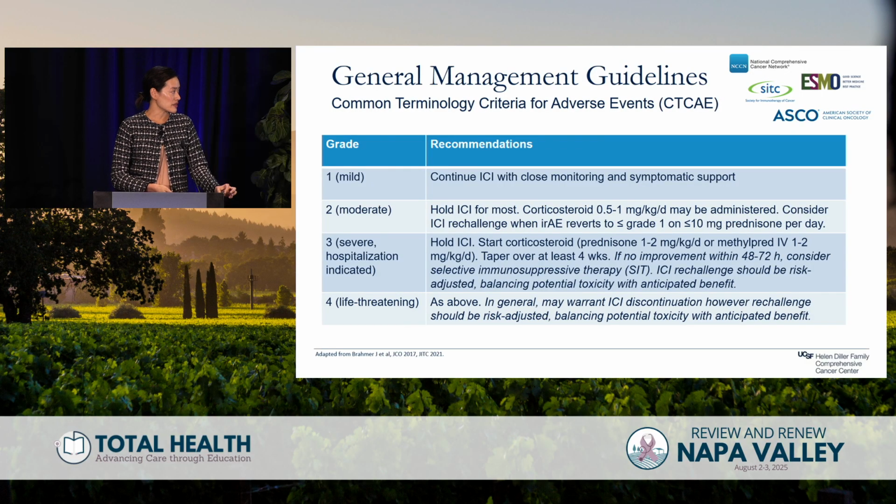I think that a lot of the society guidelines have some language along the lines of, if there's no improvement or worsening within 3 days, to consider starting something else. I think in my practice, anecdotally, within 2 to 3 days, so aiming towards the shorter end of that, if there is no improvement, to do something, right? Either increase the dose of steroid if that seems like it would be clinically useful, or adding on a selective immunosuppressant also can be of use here.